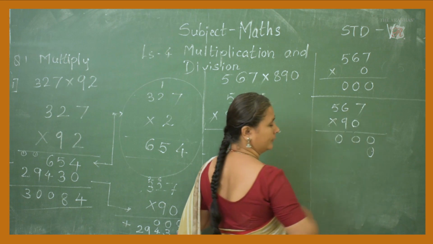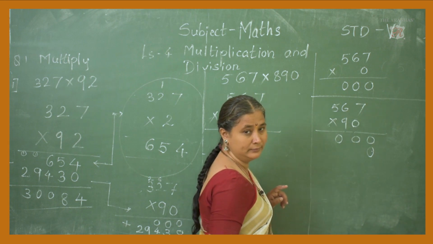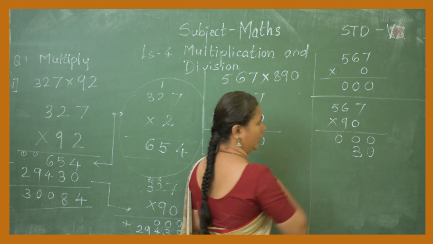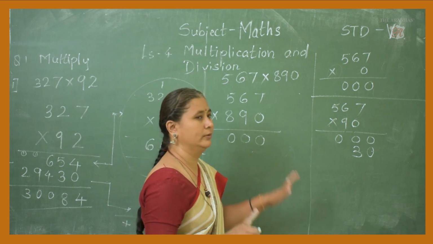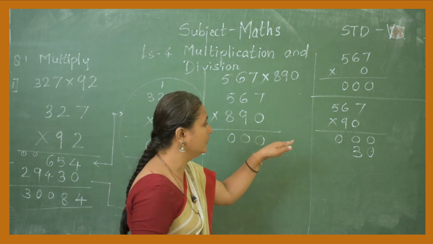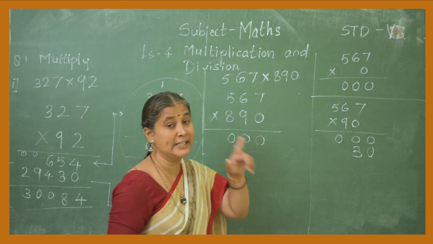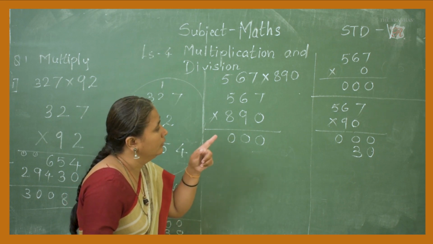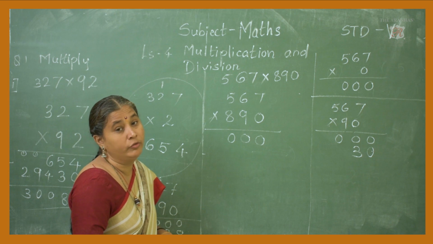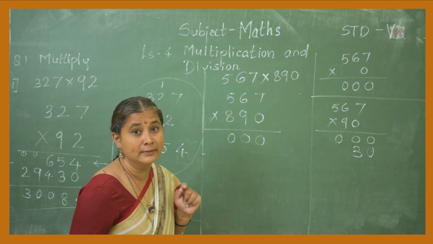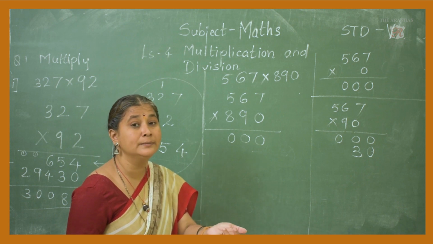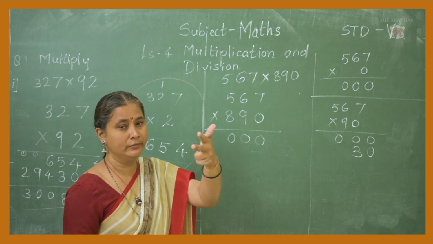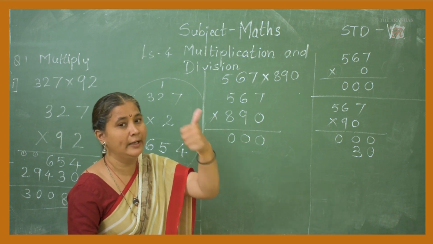9 sevens are, say the table of 9, 9 sevens are 63. Now I am not writing the carry on the board. I am keeping 6 in my mind, 3 for the answer and 6 for the carry. Okay. Now 9 fives are 45. 45 plus 6, because 6 is the carry. So 45 plus 6, what is the number? 46, 47, 48, 49, 50 and 51.